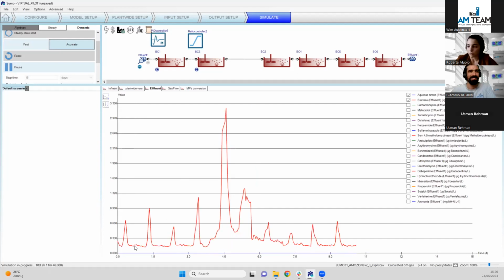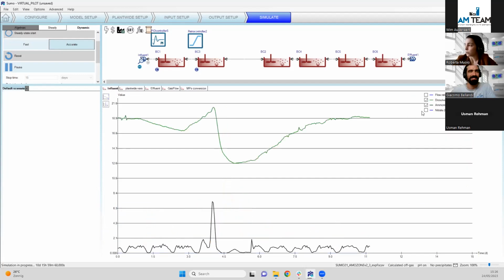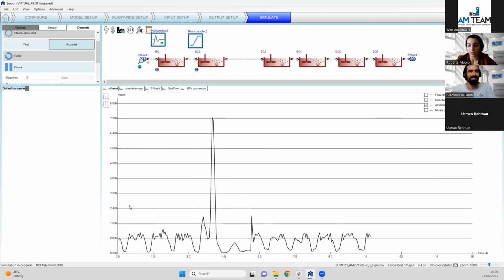Here in the bromate formation, we see some particular and interesting dynamics. We have a baseline concentration, which is very low, around 0.2 micrograms per liter, with some peaks. Especially in the rain event, we see an increase of bromate. First of all, we can ask ourselves why we have this increase in bromate during the dry weather condition. And we can find an answer if we look deeper into the ammonia dynamics.